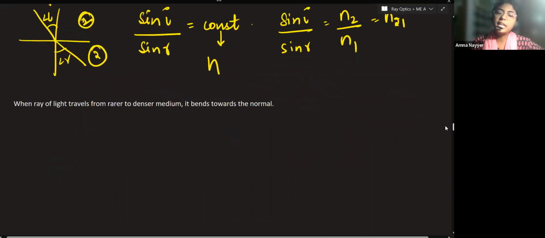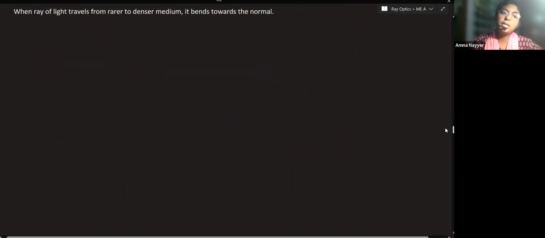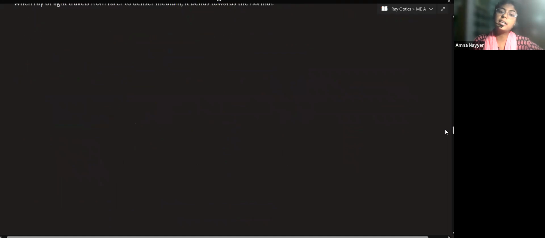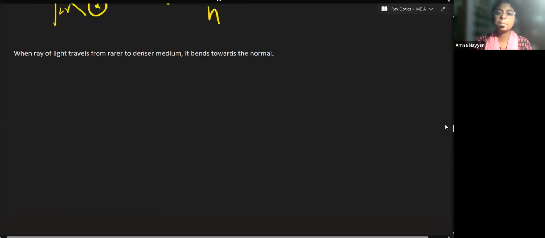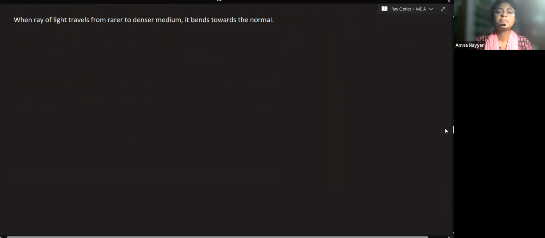Now, if the ray of light is traveling from a rarer medium to a denser medium, or from a denser medium to a rarer medium, it bends towards the normal. See, this means what? This simply means